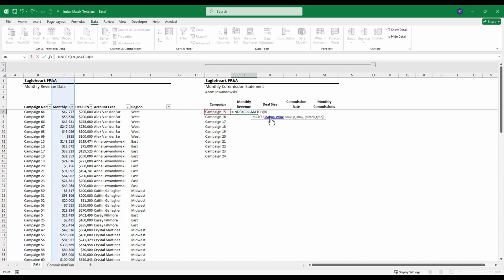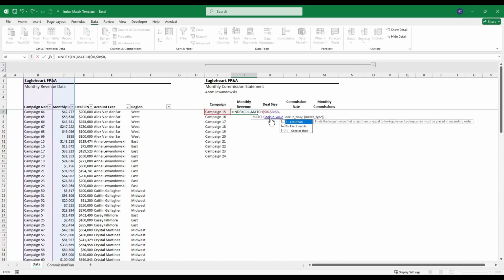So just hit left arrow and then F4 3 times to anchor on column I, comma, and now it asks for the lookup array, which will be the campaign names in column B. So let's go over to column B, hit Control spacebar to select the entire column, F4 to anchor, comma, and